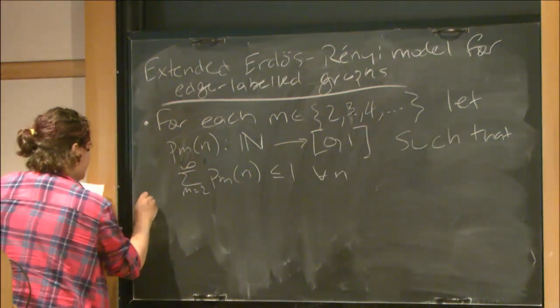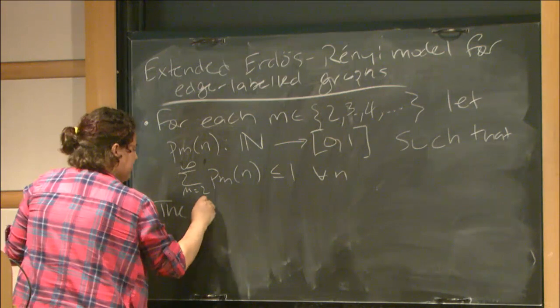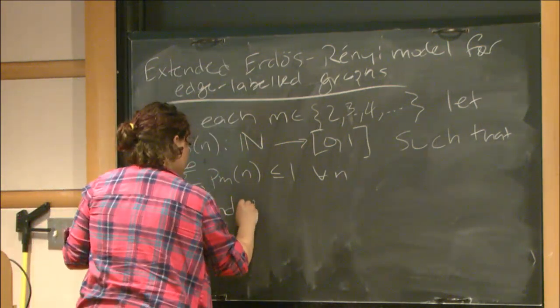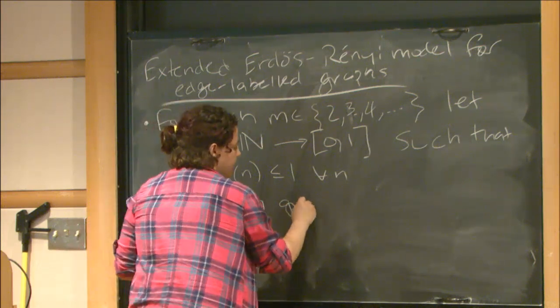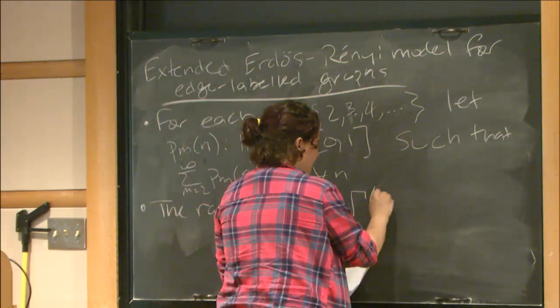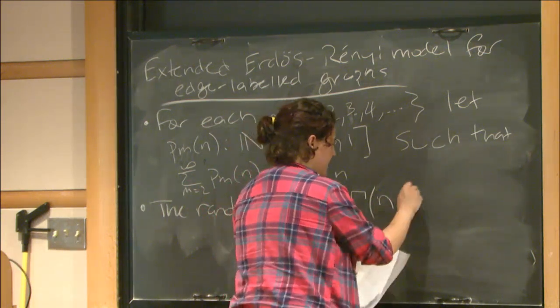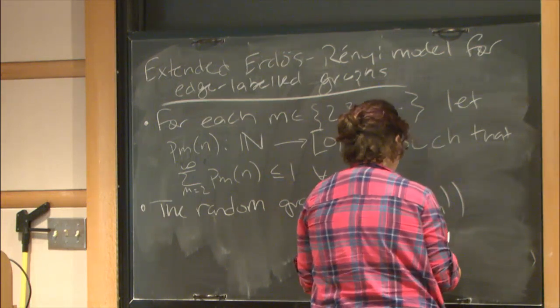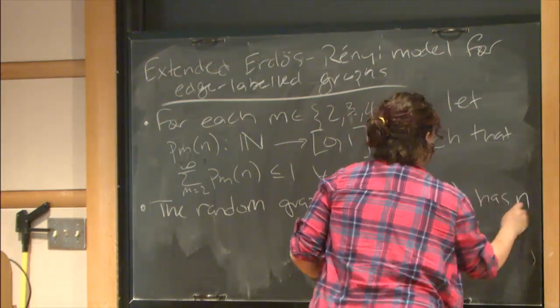So the random graph, and this time I'm going to call it gamma of n, tagged with the sequence of all of the p sub m's, again has n vertices,